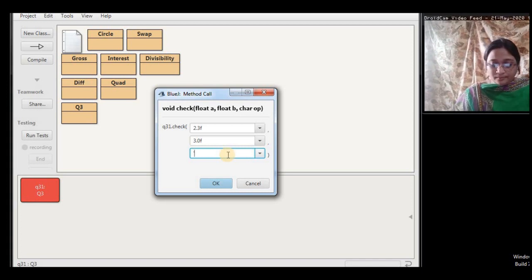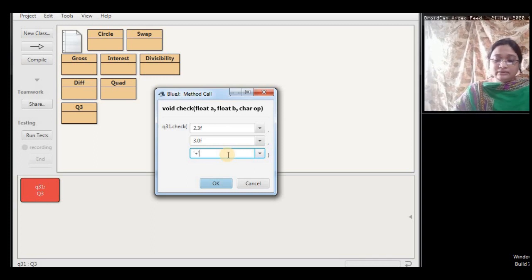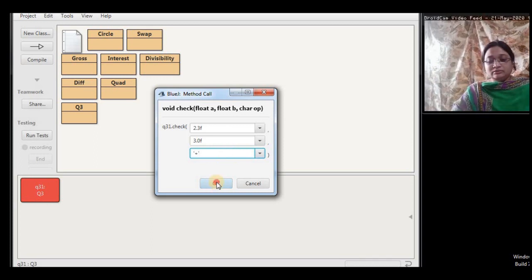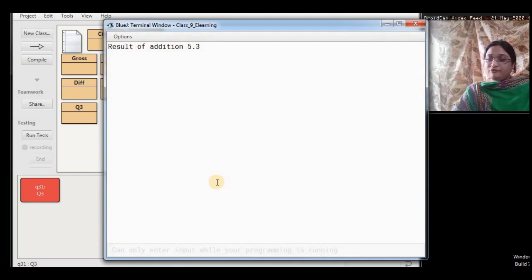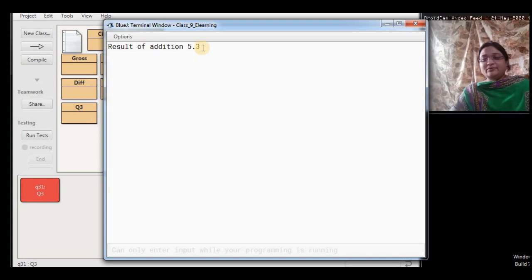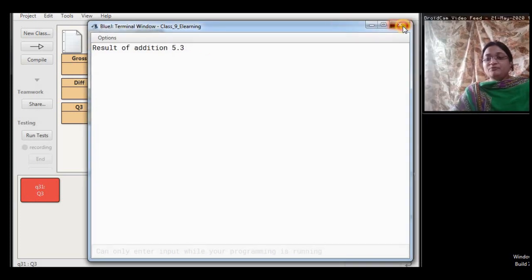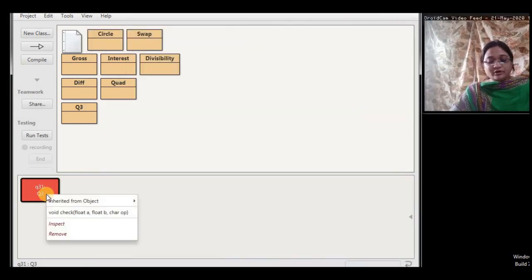So I'll do addition. Done. If we add 2.3 and 3.0, the result will be 5.3. We have given the plus operator, so it is performing addition.